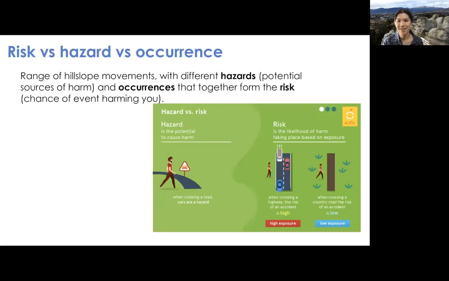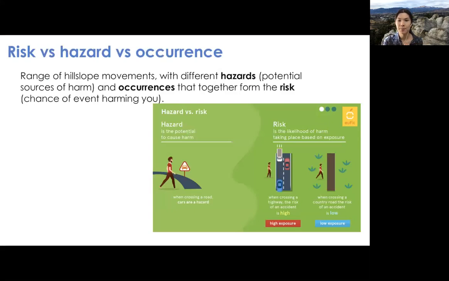They can hit you and cause loss of life or other bodily injury. But we kind of internalize that occurrence to inform our risk. So if we're crossing a really busy highway, we know that we definitely want to look both ways. We're very cautious because we know that there are a lot more cars, so the occurrence of that hazard is